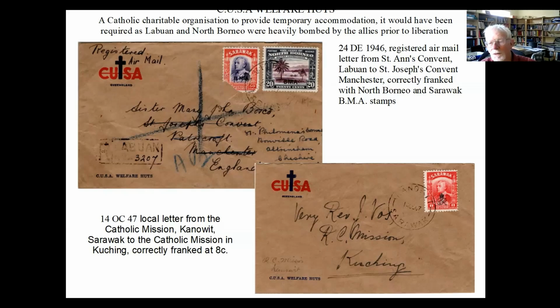Now, welfare huts. Interesting one, really. What does that mean? Does that mean accommodation, or does it mean they're actually providing, within buildings, amenities for anybody? Because here we have December 46. The fighting is actually finished, but of course there's a great shortage of accommodation of any sort, and still great needs for the local population, which was short of everything. So this may well have been set up to provide either temporary accommodation and also something in them for sustenance. So this is going back to Manchester